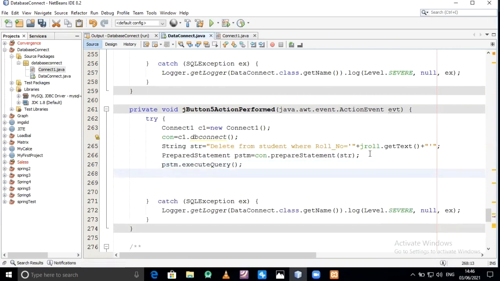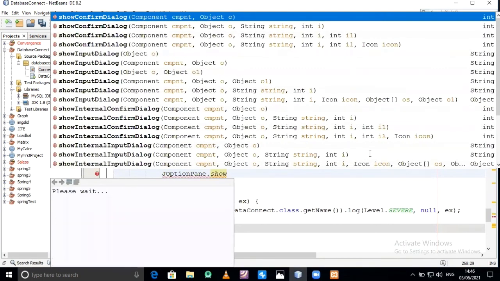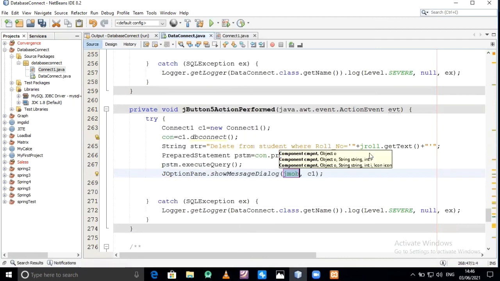After successful deletion, JOptionPane.showMessageDialog. This, and our message is record deleted.